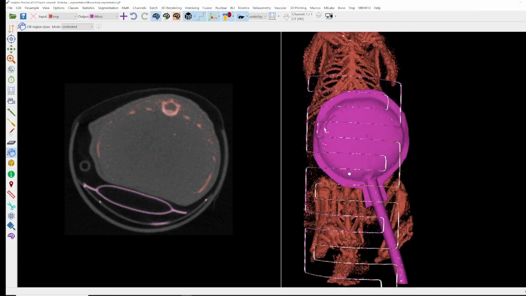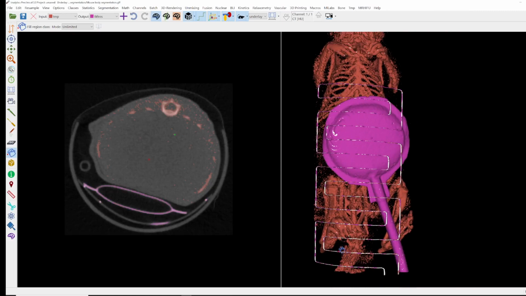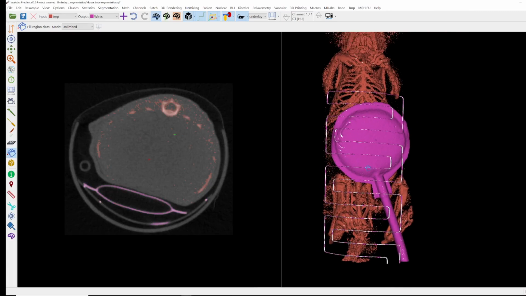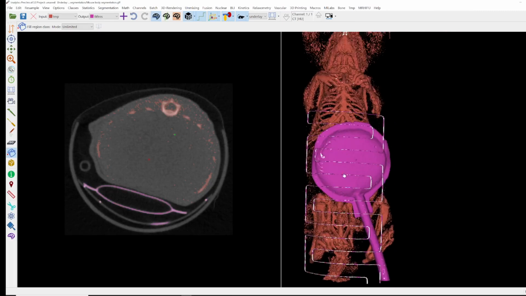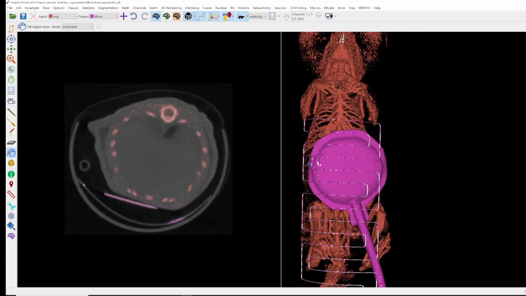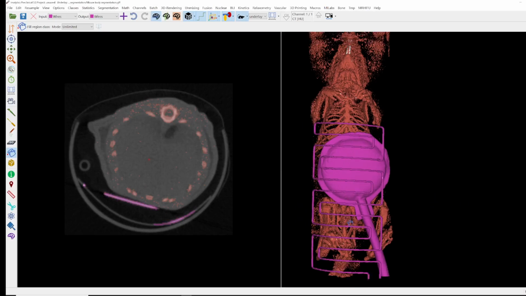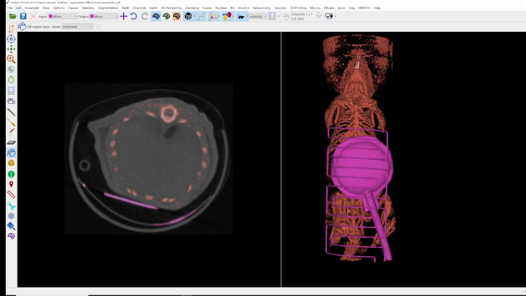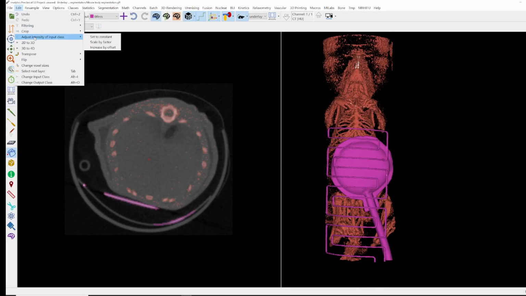And what you can see, also the pillow is segmented because it's connected to the wires, but we want to get rid of it as well, so it's good in our case. Okay, I think like this. I will dilate it by right click, morphologic, dilate and 1. Now it's a little bit thicker. And now we have all the wires and the pillow segmented, and you can go to edit, adjust intensity of